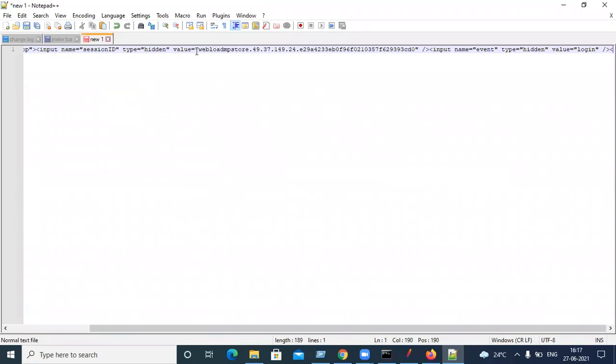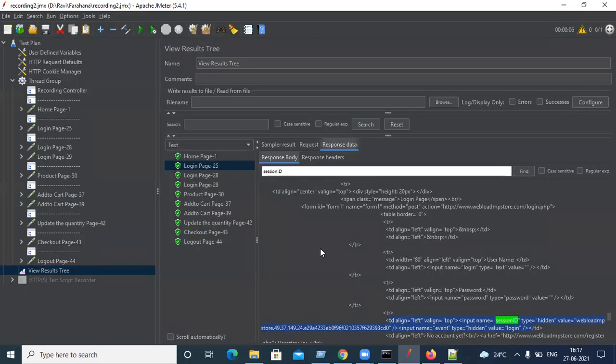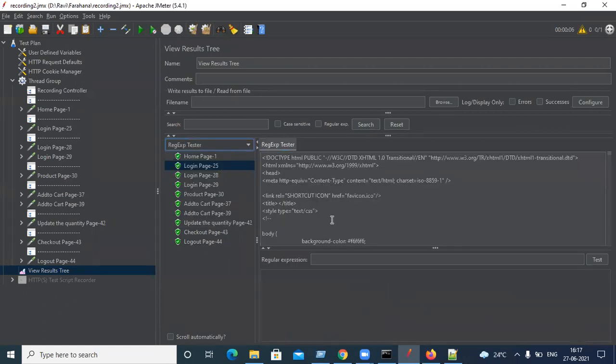So this is what we require, right? What I will do now is copy up to this, the left side of the value. Now we need a place to test whatever we write, so we have a regular expression tester. This is a place to help us test directly. Otherwise, we need to copy the response somewhere, write the expression there and test it. So write whatever expression you want here, and now update your desired value with dot plus question mark.